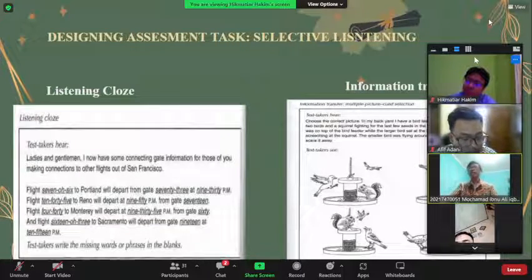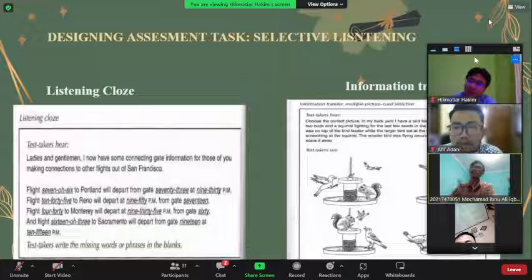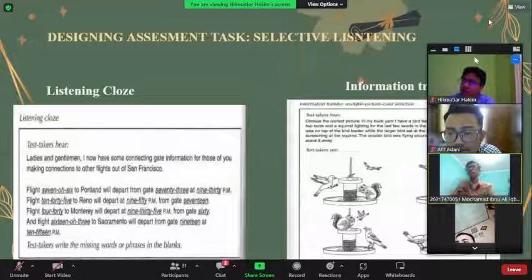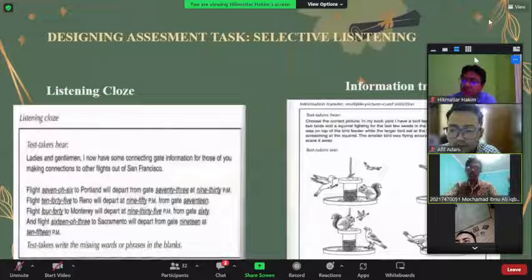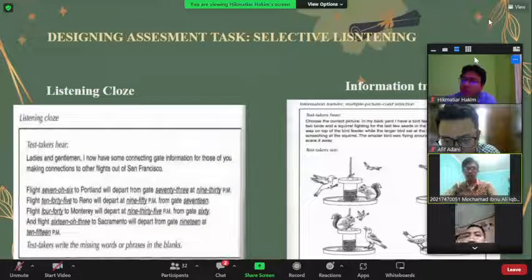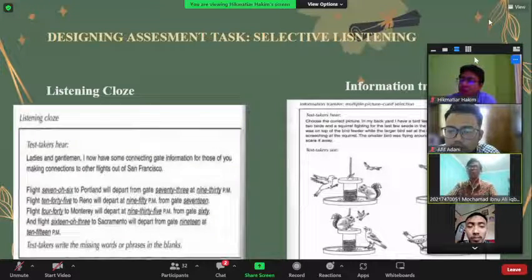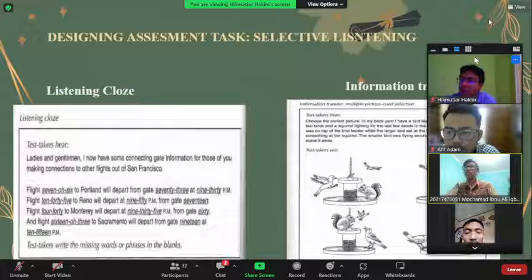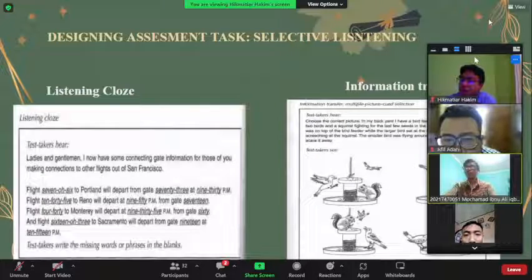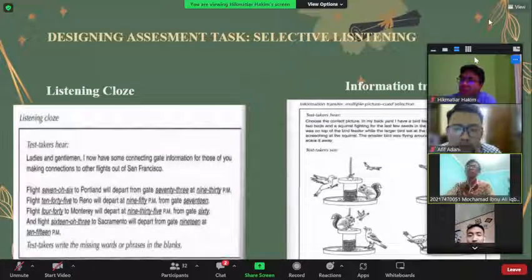And next, designing assessment and example tasks of selective listening. A third type of listening performance is selective listening, in which the test taker listens to a limited quantity of oral input. For example, look at the picture. In listening clues, the test taker hears: